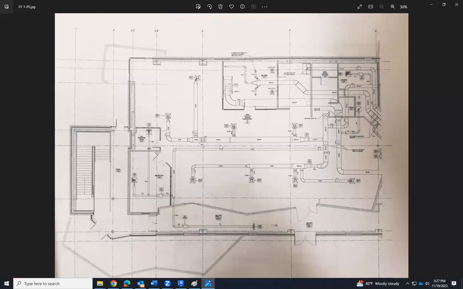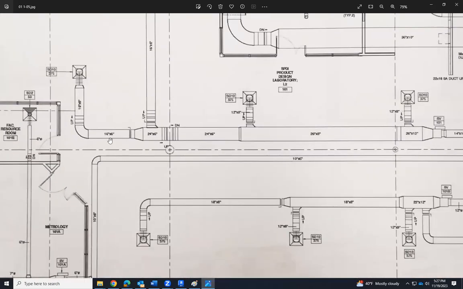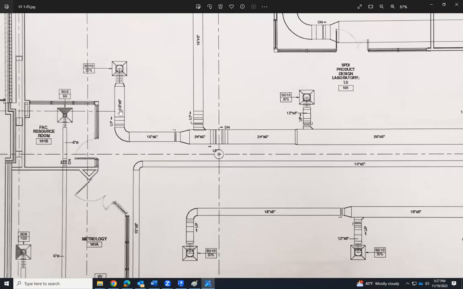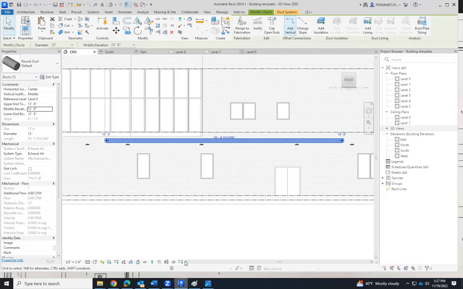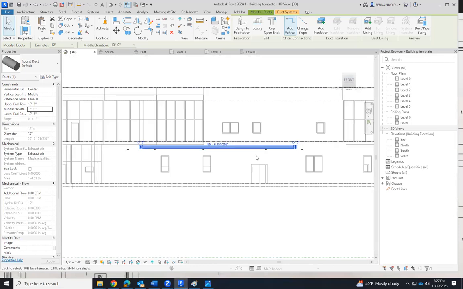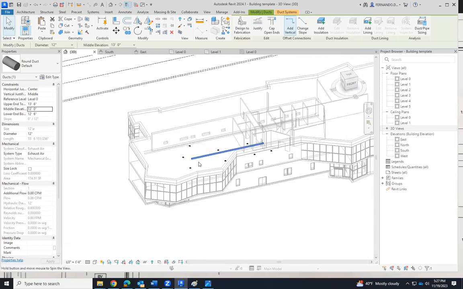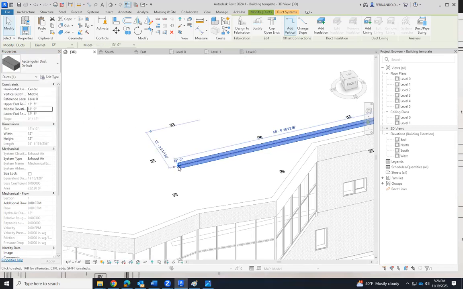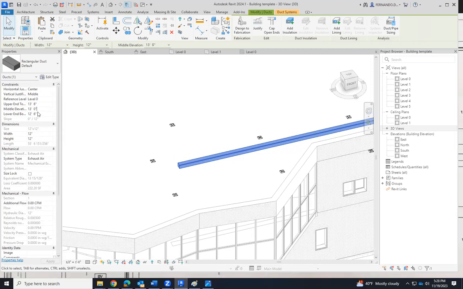Okay. And now here we can see the dimensions. So this is 16 by 6, 16 by 6. This is 24 by 6, 26 by 8. And those are flex ducts, okay? So we can abide by these dimensions. If this is 16 inches by 6 inches, I can, on the 3D view, turn this into a rectangular default duct, and the height is 6,